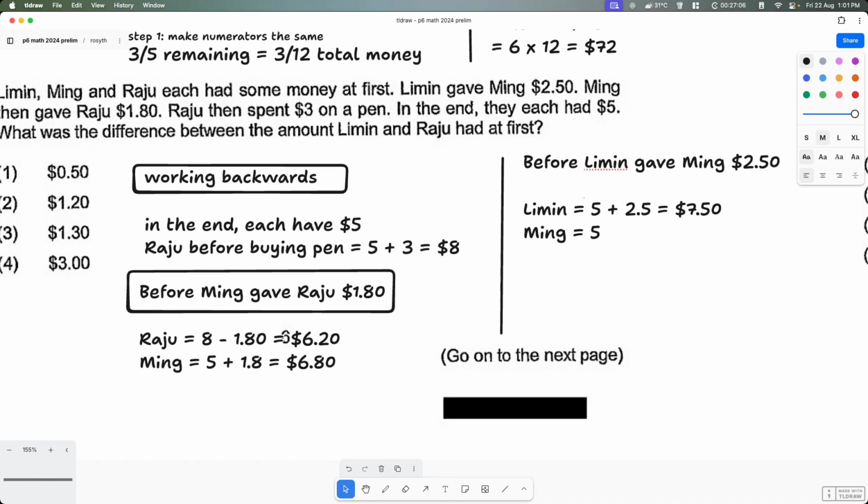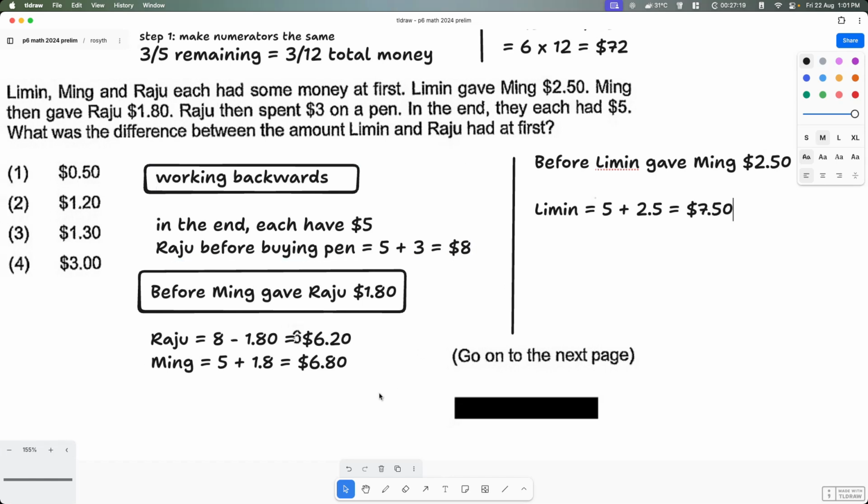So before, Li Min gave 6.8. Li Min and Raju. So we don't need Ming, right? Ming then gave Raju this. Okay, so with that said,